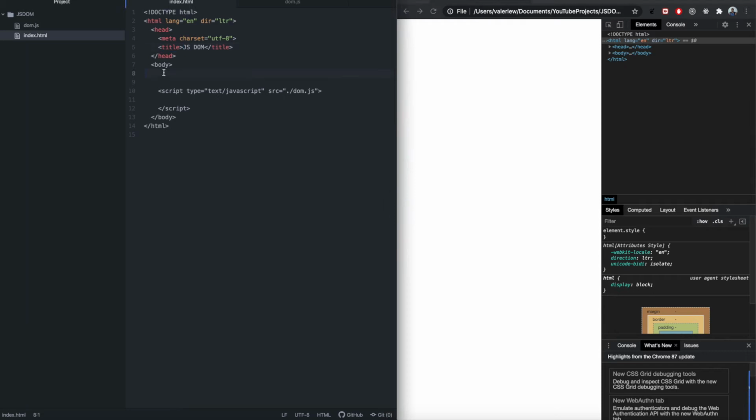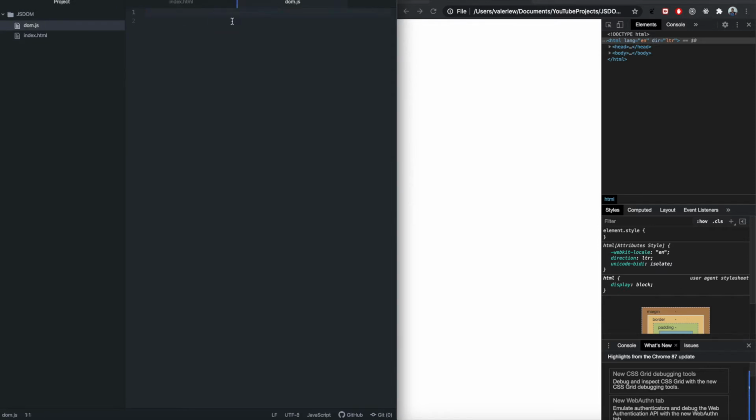So on line 8, I'm just going to add a new div, and instead of a class, I'm actually going to give it an ID, and that ID name is going to be div1. Now that I've got that ID set up, I'm going to go into my JavaScript file, and we're going to start by creating a new variable. That variable is just going to be called div, and we can grab the document object, and on that document object we can then say get element